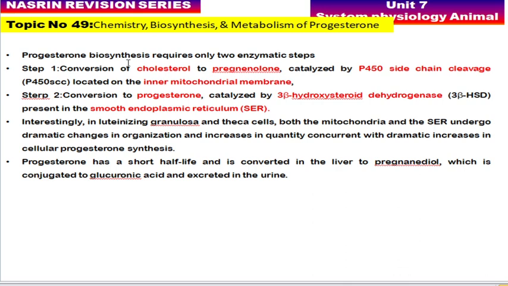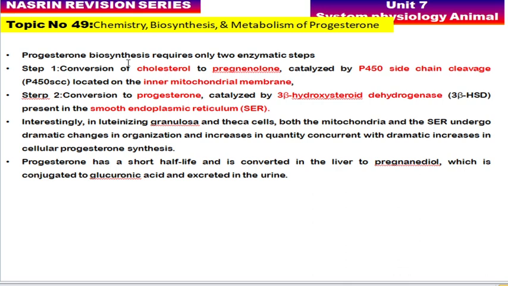Then this particular pregnenolone compound will be converted into progesterone, and this pathway is catalyzed by an enzyme called 3-beta hydroxysteroid dehydrogenase, and this particular enzyme is present in the smooth endoplasmic reticulum. So the next interesting fact is that the granulosa cells and theca cells which are present in the female ovary,